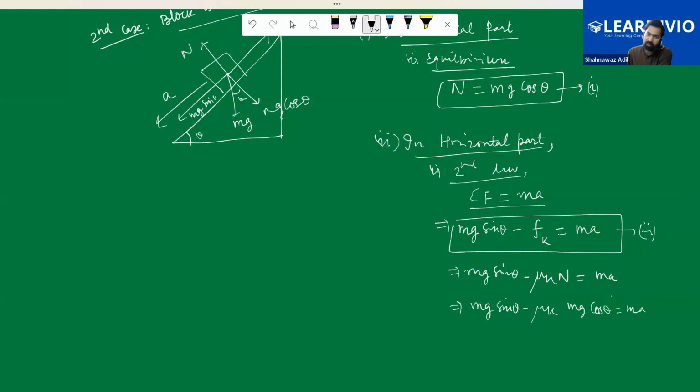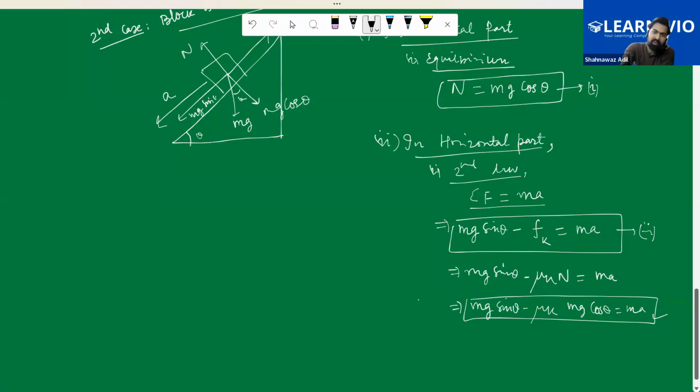So this would be the equation that we need to solve. m will cancel and we'll get mu k, right, we'll get mu k is this one. So this was the idea of inclined plane and the object is moving. And then the next concept that we need to understand in this chapter is